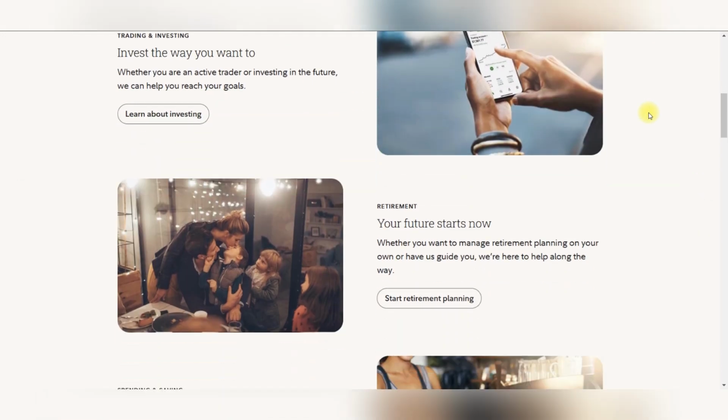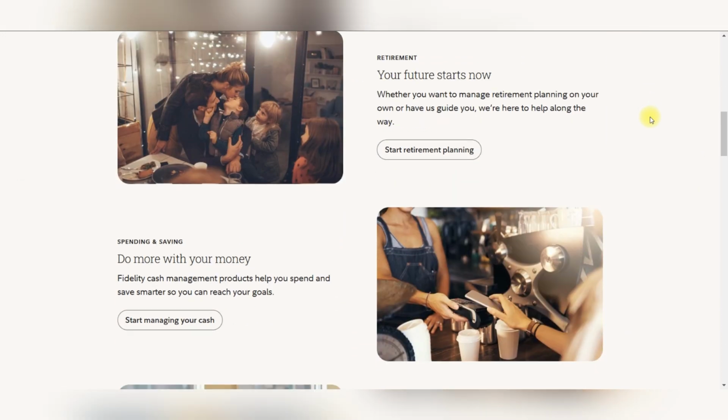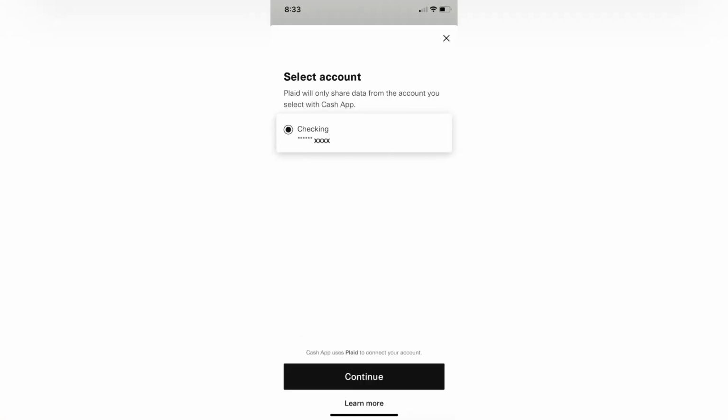Firstly, go to the Fidelity website and log into your account. After logging in, you'll land on the account summary page. Click on Manage Investments in the top menu and under the Cash heading, select Move or Withdraw Cash to open